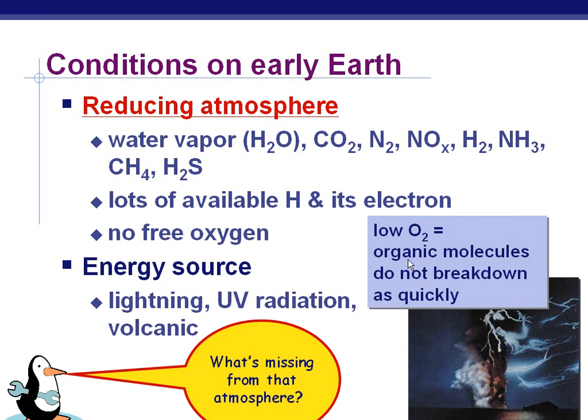So with low oxygen, organic molecules don't break down quite as quickly. So what's missing from the atmosphere? The oxygen part, right? It's unclear whether young Earth's atmosphere actually contained enough methane or ammonia to be reducing. Evidence does suggest that early Earth's atmosphere was made up primarily of nitrogen and carbon dioxide and wasn't really reducing or oxidizing. Remember, oxidizing is electron removing. The Miller-Urey type experiment that we're going to look at, using such atmospheres, has not produced organic molecules. Still, it's likely that small pockets of early Earth, perhaps near volcanic openings, were reducing.